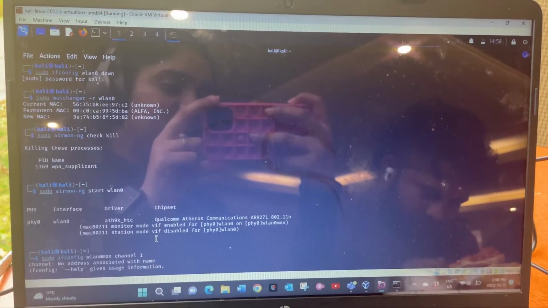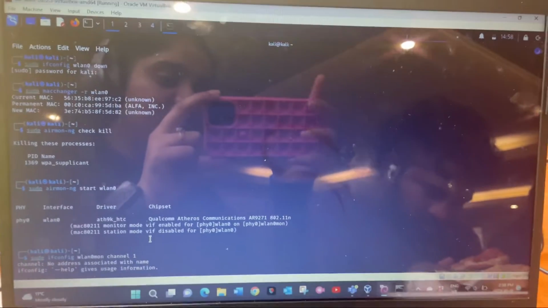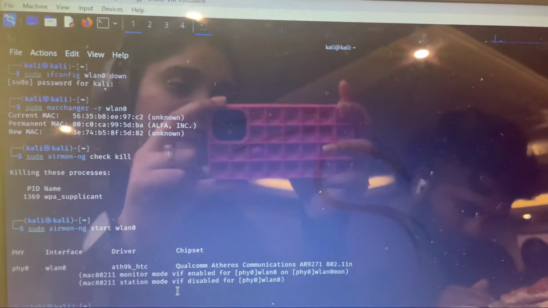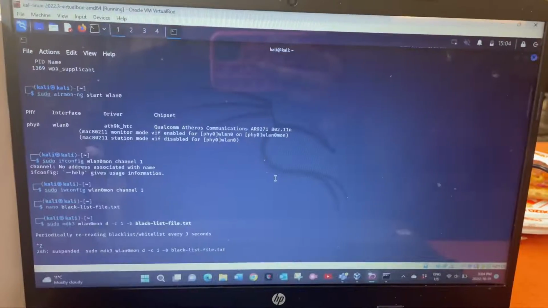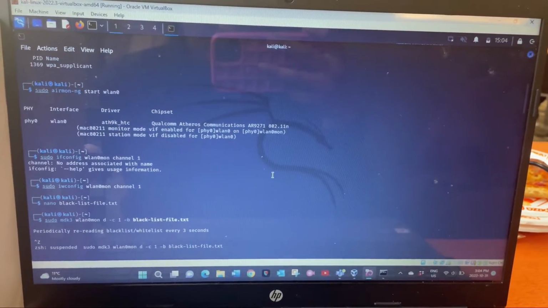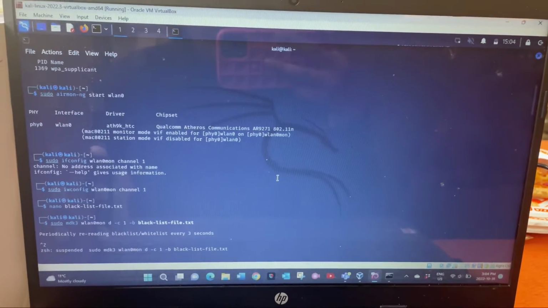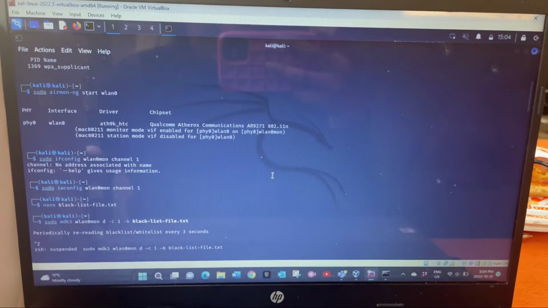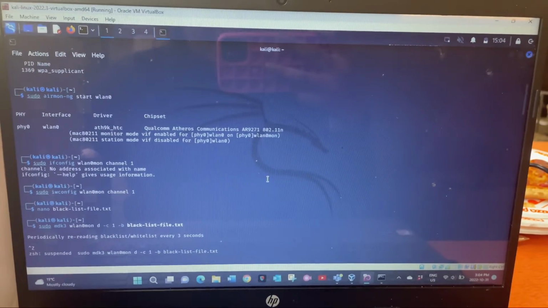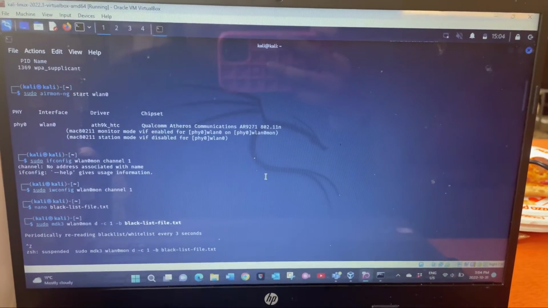So we used sudo ifconfig wlan0 down, and then macchanger, and then airmon-ng check kill to kill all the processes, and then I started the wlan0 and set it into monitor mode, and then my network was on channel 1, and then I used sudo mdk3 to forcefully deauthenticate,